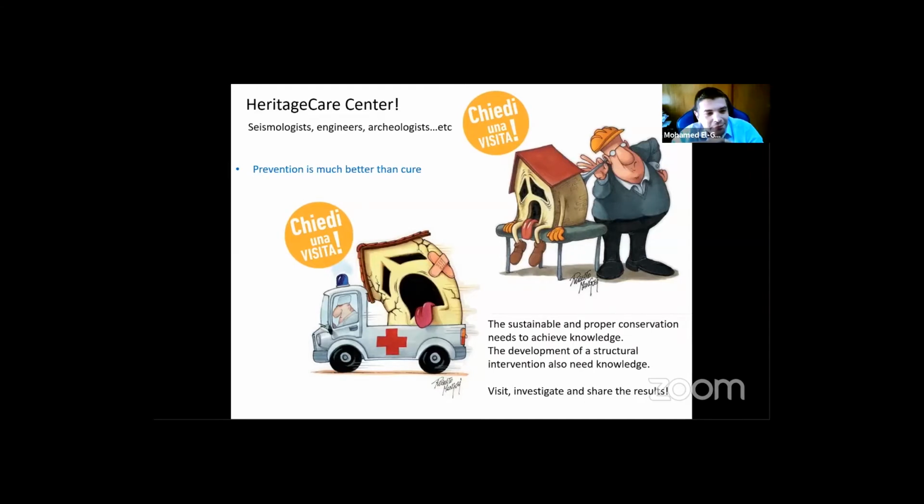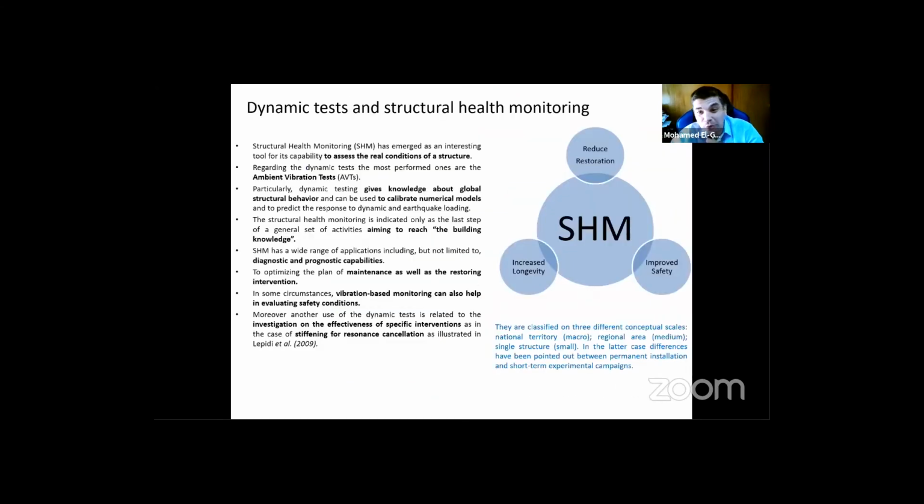And to diagnose this, we have to have structural health monitoring systems that monitor the building, its state, and its ability to face any disaster like earthquakes, flooding, and other